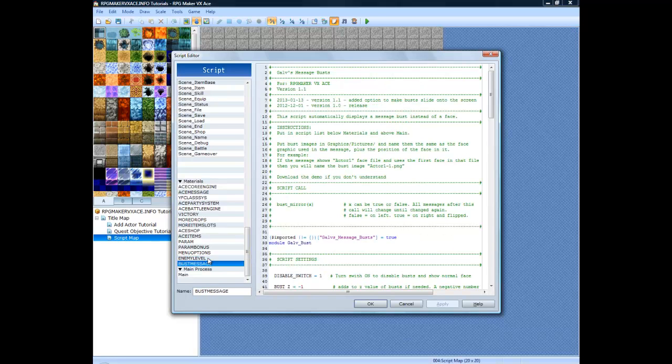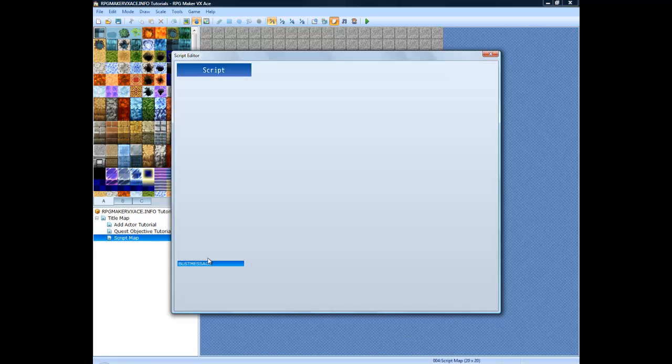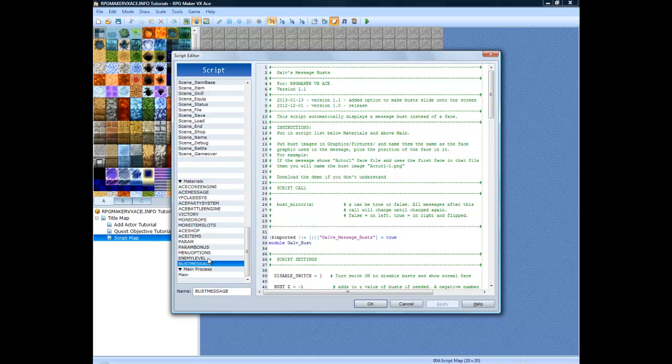And finally, the last one here is the message bus system. If you saw the example of my first boss in my game, it made some use of that. It's pretty simple to set up, but it does take a little bit of naming image files and whatnot to get it to work. So I'm not sure if I'm going to be able to demonstrate that in this video. So that took quite some time to go through them all, but